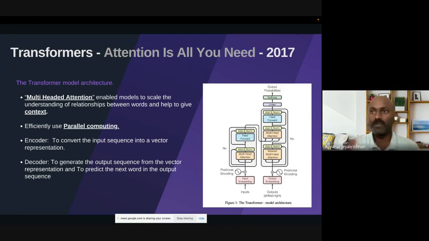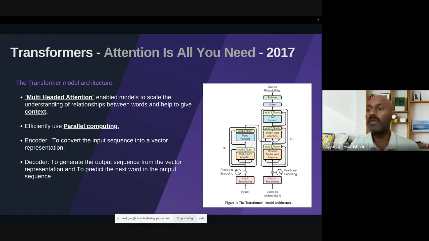I'm not going to deep dive into the transformer paper. I just want you to have a better understanding at the high level. The data will be here, and the multi-headed attention will try to understand the relationship between the words you have given. Then it is given as a sequence, but to the next layer it is given in parallel. So it will understand the context before doing the translation. They have two layers. One is the encoder, which takes the input sequence as a vector.